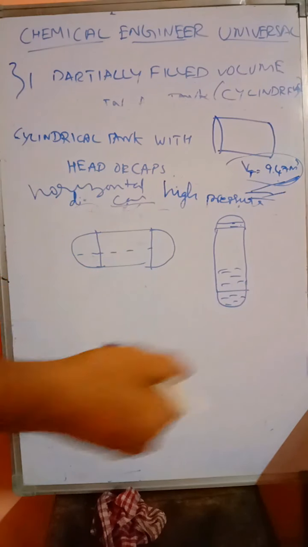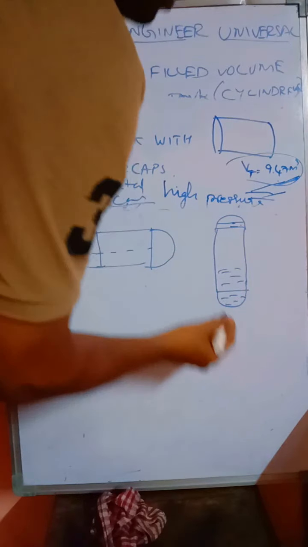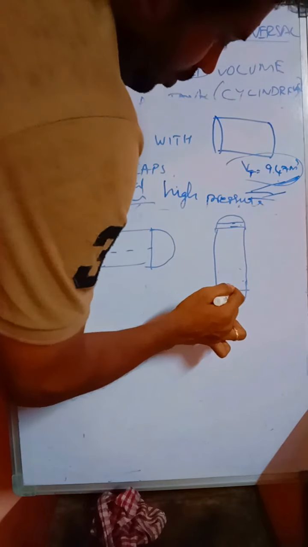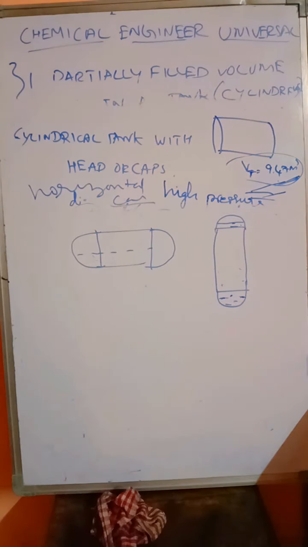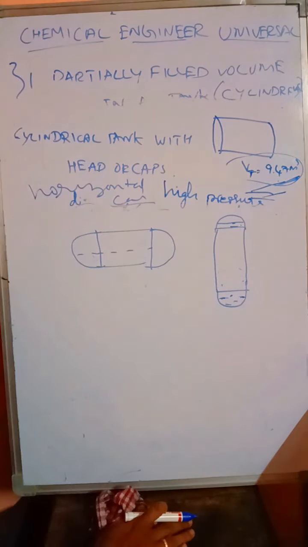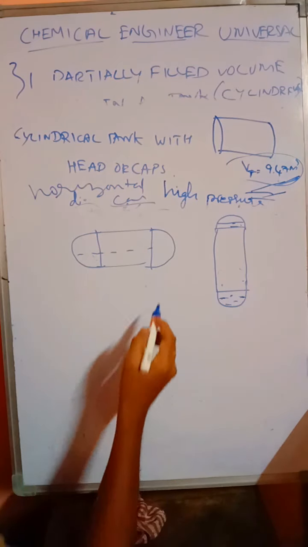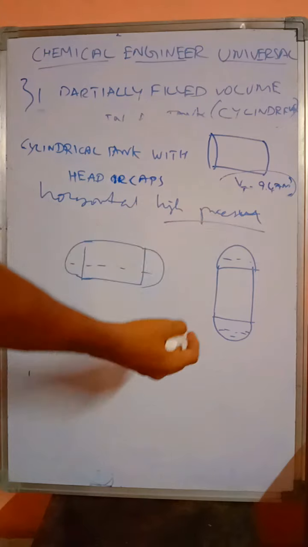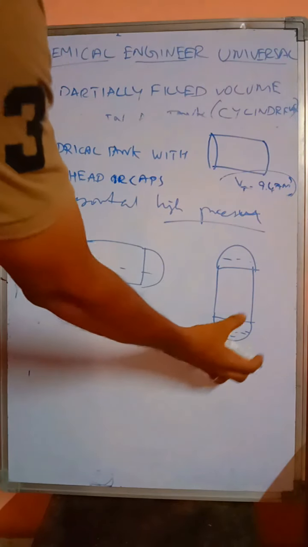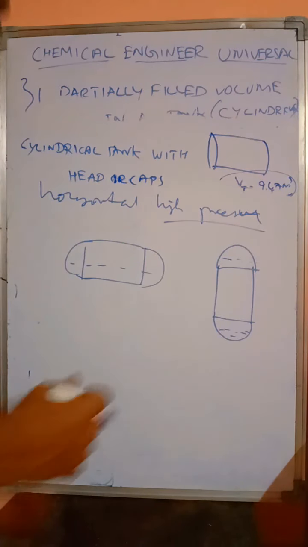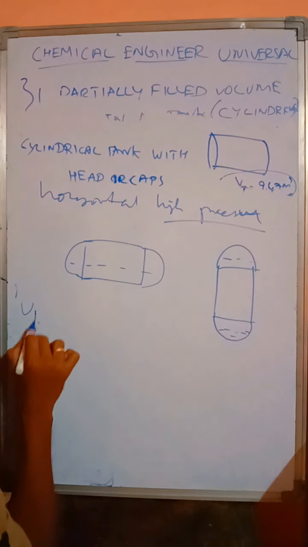So this is the thing. If the level is going to the upper head, the formula varies, and if the level is in the lower head, the formulas will also vary. There are different individual formulas given here for upper head and lower head calculation. So for the vertical case, we have the formulas for vertical hemispherical heads. When the level is at the bottom side, there is a separate formula to calculate the volume. For the upper case, a separate formula is given.